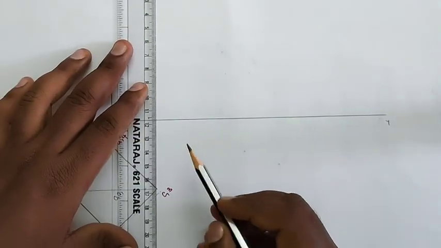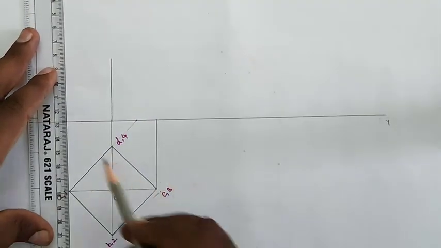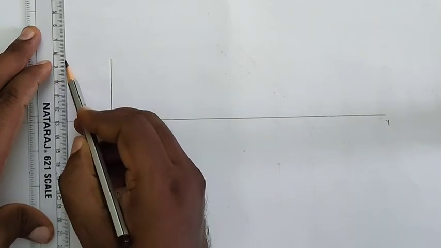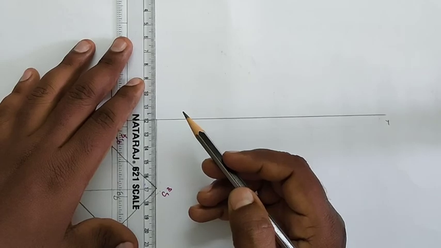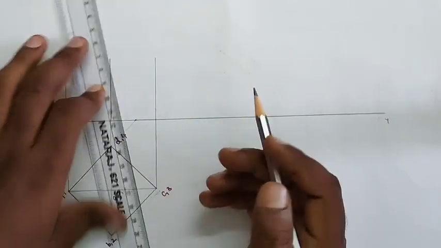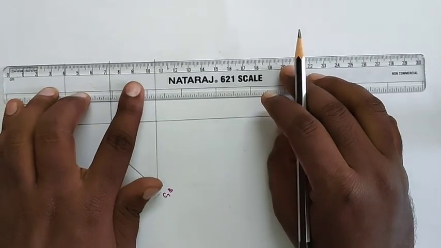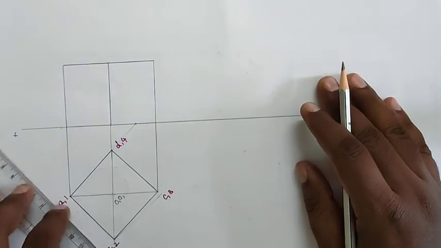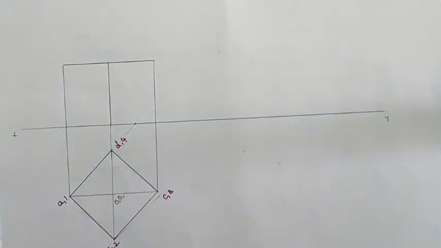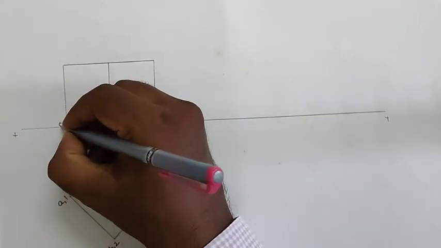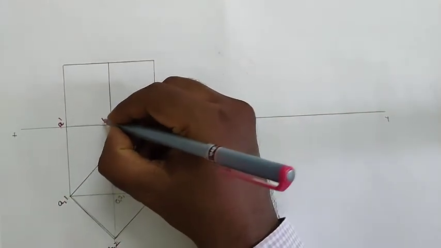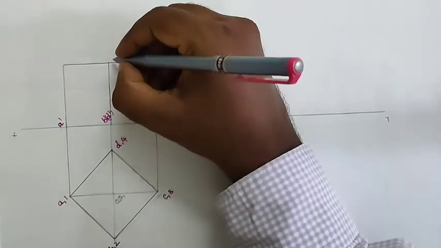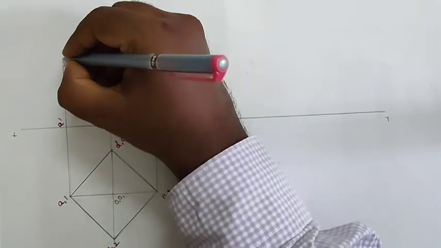From all the points on the top view we will draw vertical projection lines, extending another 45 mm. This is the top view of our diagram. After drawing this, this is the front view of our diagram. At one side we will give the naming. Here I am giving A dash, and this is B dash, D dash, and here you get the point C dash. I am giving here 3 dash, 2 dash, 4 dash, and this is the 1 dash point.